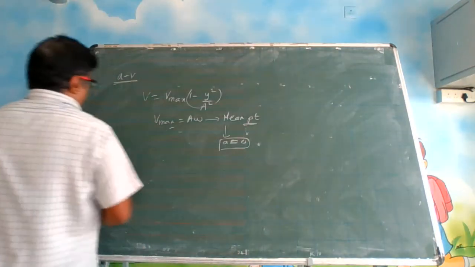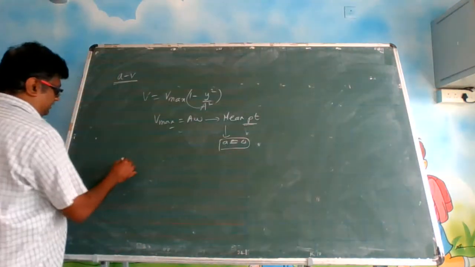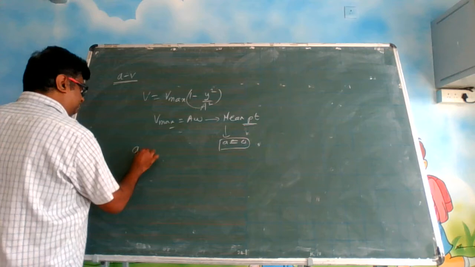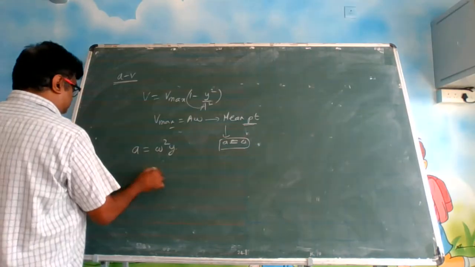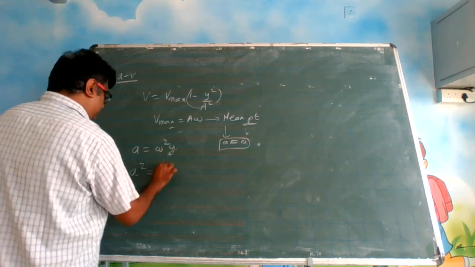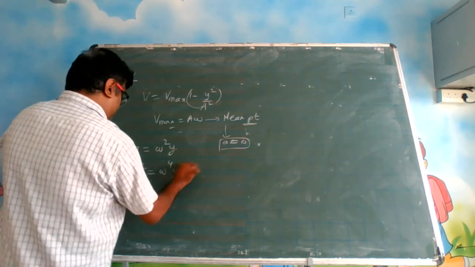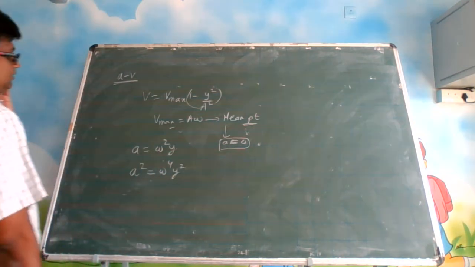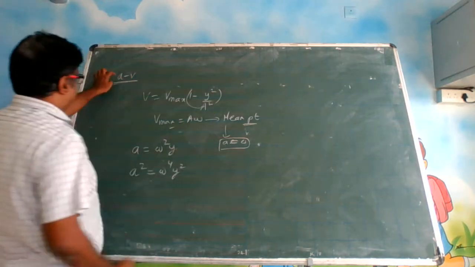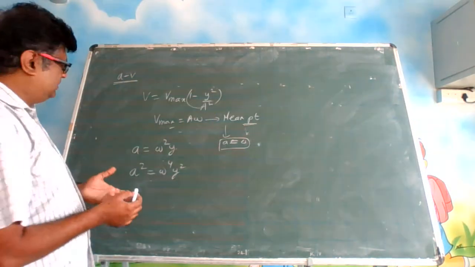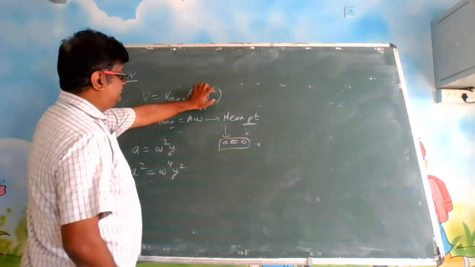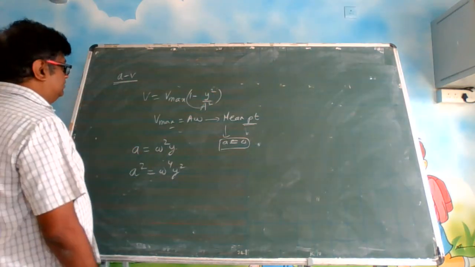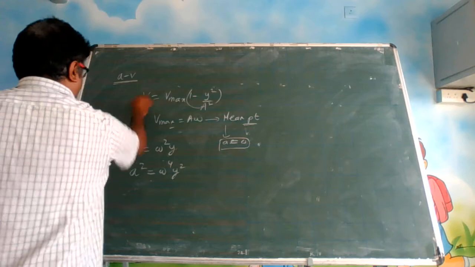Now we have seen this equation, a is equal to omega square y. So can we write a square is equal to omega to the power of 4 y square? Because here we have to find the relation between a and v. Whenever we want to draw a graph, we have to find the relation. Okay? Since here it is y square, we have made this y square. So if you take this equation,